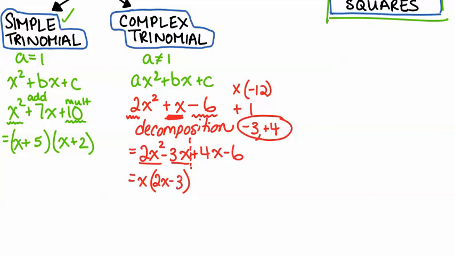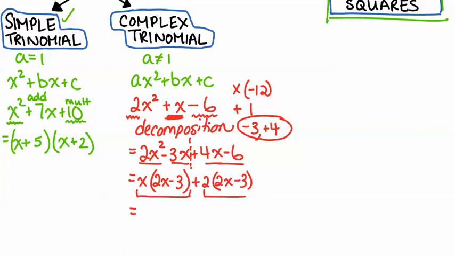Okay, then I'm going to bring down this positive sign, and I'm going to look at the next 2 terms, 4x and 6. What do they have in common? Well, they're both divisible by 2, so I'll factor that out. That means now I have to divide each term by 2. So that gives me 2x minus 3. And check it out, the brackets are identical, which we want to happen every time we do decomposition. So since the brackets are the same,